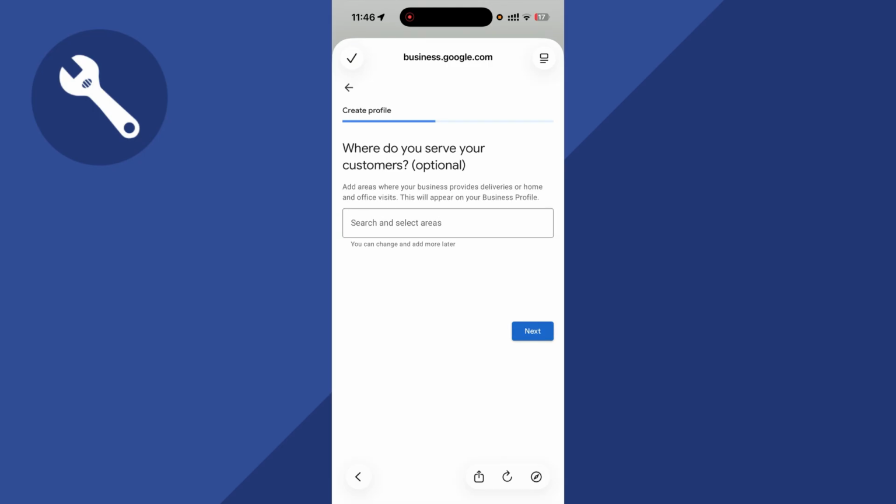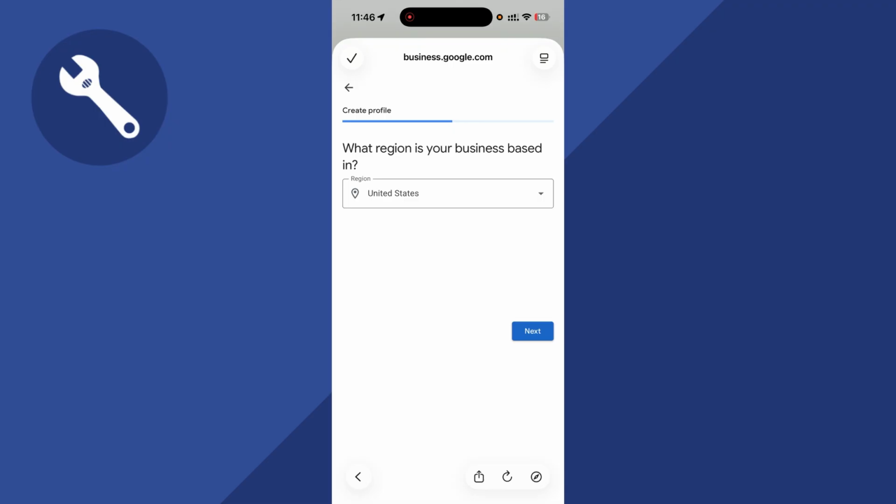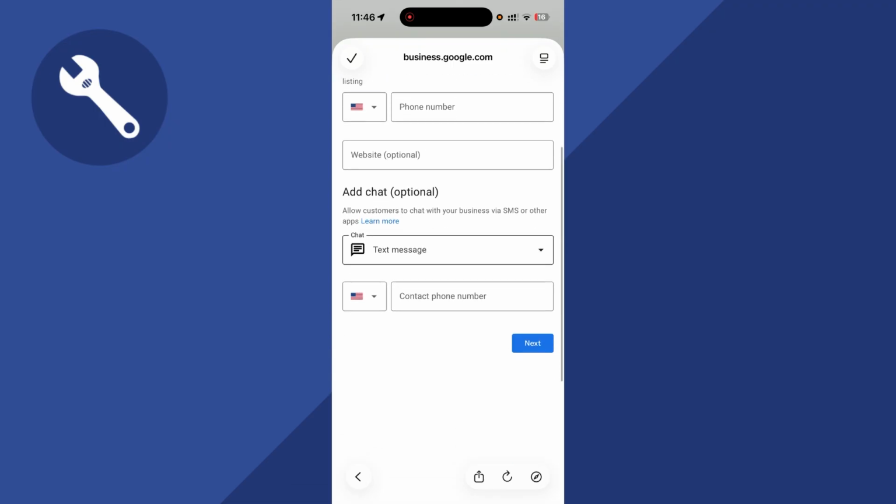Now if your business is a service-based business, then you can add the areas that your business covers. So this is really good for SEO, and it basically helps customers find your business. Now do bear in mind that you can add more than one area as well. You can then select which region your business is based, and you can essentially continue going through these steps, adding